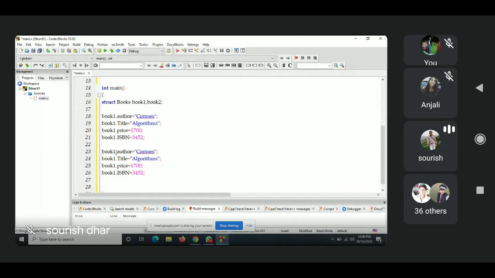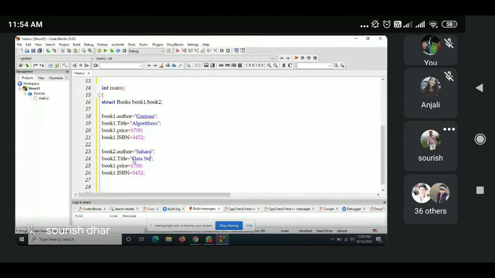So instead of book1, this time I will write book2, and instead of Foreman, let me write something else. Data structures. Spelling mistake.